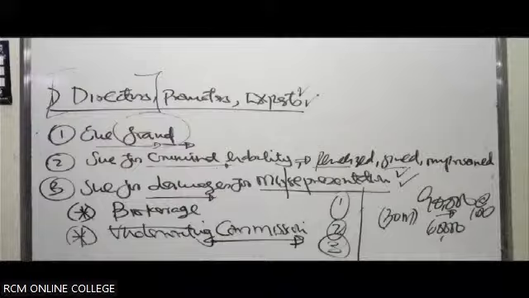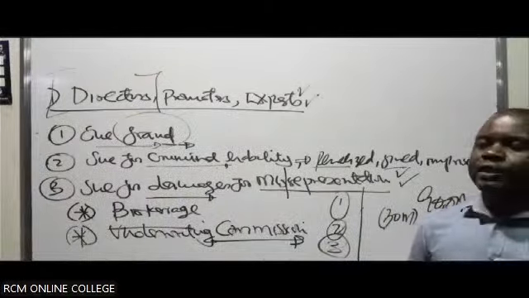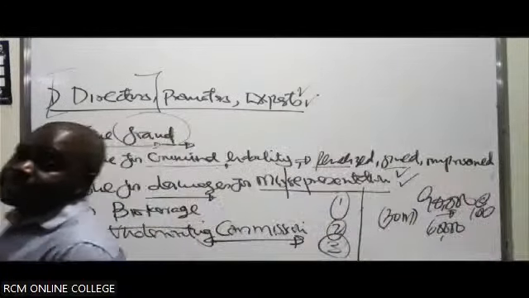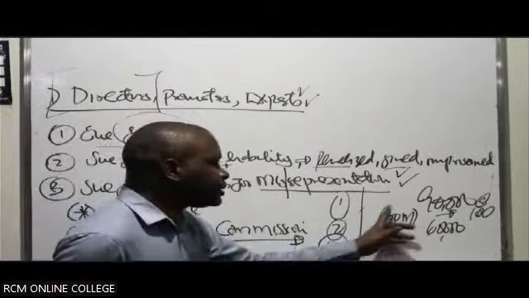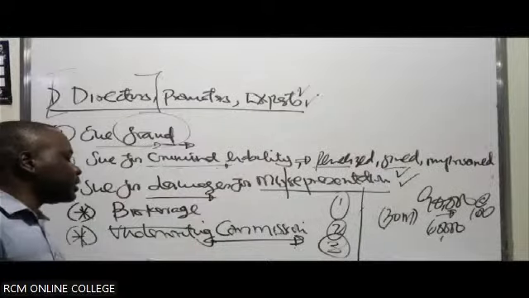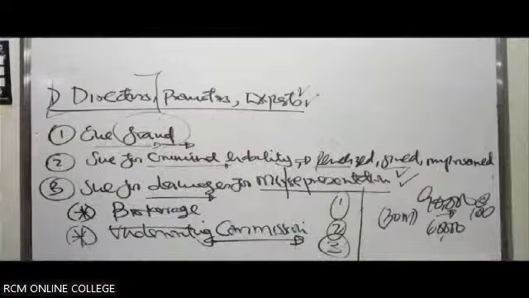So this underwriting commission will have to be authorized by the company, maybe through its articles. They can indicate that in case of any issue of shares, it is allowed. The company can involve underwriters so that things don't go wrong for them when they're issuing the shares. Because if they get a deficit, then this capital won't be enough for them. So the underwriter simply takes up that amount that has not been subscribed for. So we call it underwriting commission.